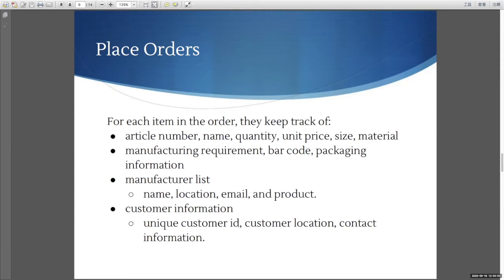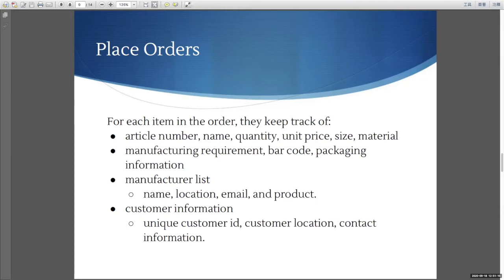As for the orders that they place for manufacturing, for each item in the order, they use a database to track the article number, name, quantity, unit price, size, and material. So like all kinds of attributes of that product. And then they also keep track of the manufacturing requirement, the barcode, and packaging information.